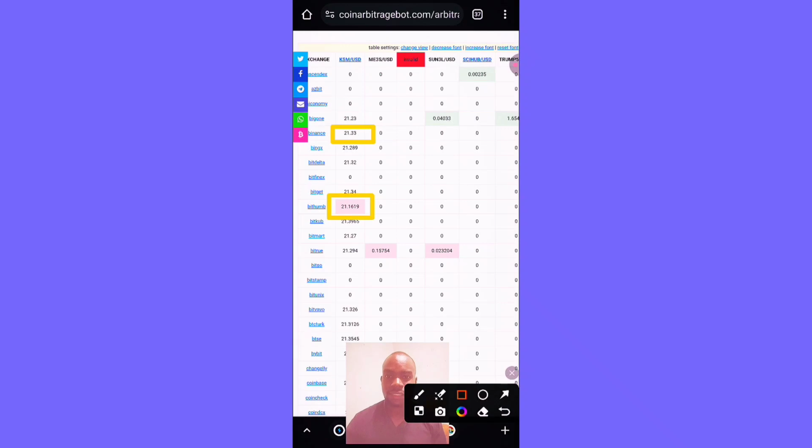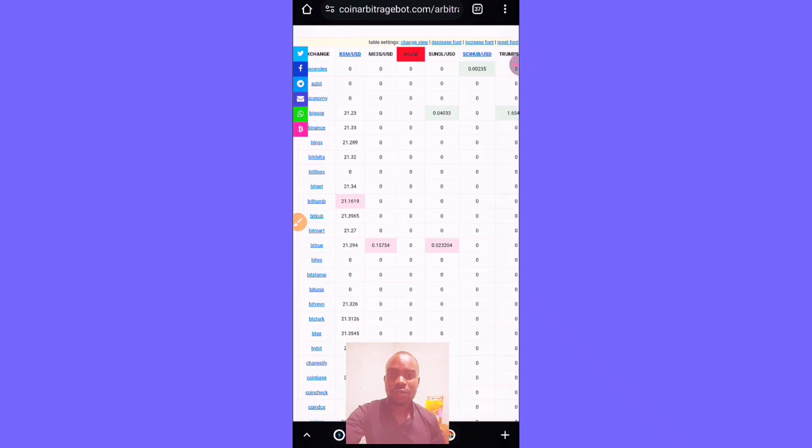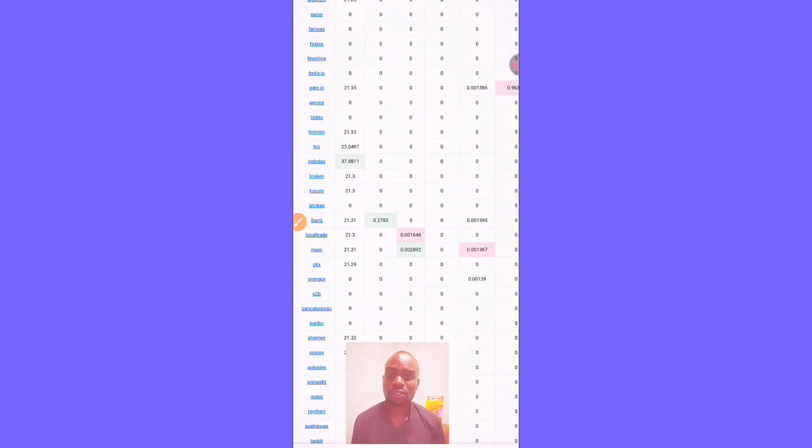$21.33. But now, if you wanted to take the most advantage on KSM, then you'd buy on Bitstamp, which is the lowest price, and sell it on Indodax. You can see they're saying that the Indodax price for KSM is $37.8811. So I'm not really sure about that one, because as I was tracking this data in the CoinArbitrageBot, I